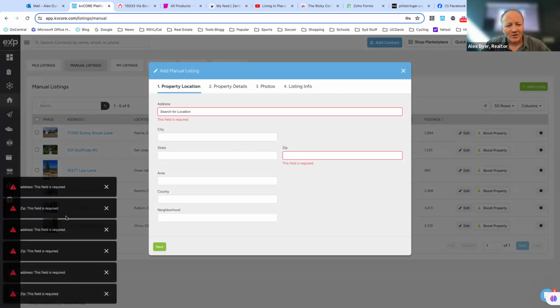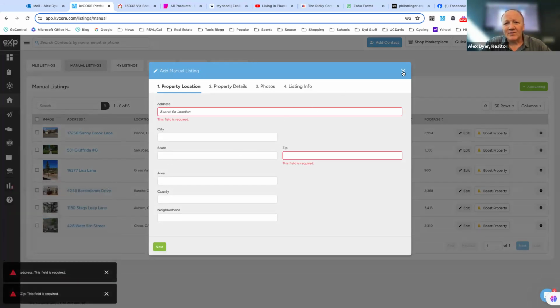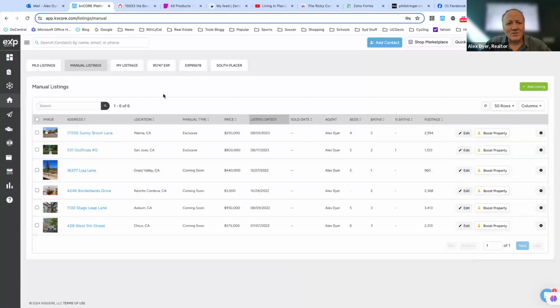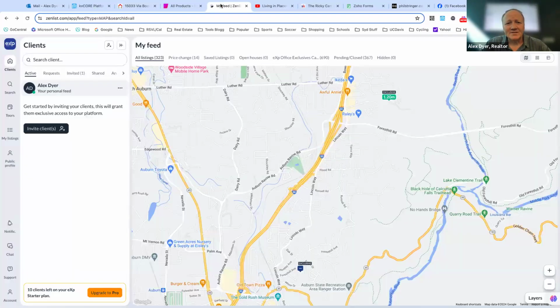And you see, it's not letting me go because I haven't filled it in. But if you use manual listing along with Zenlist, you'll be able to get your property links out there without using a Zillow link or a Craigslist link or